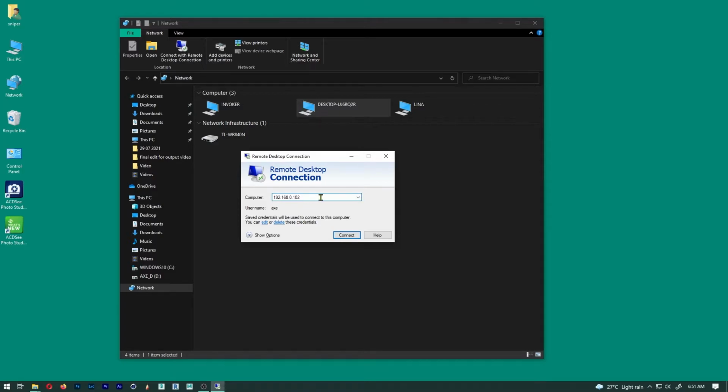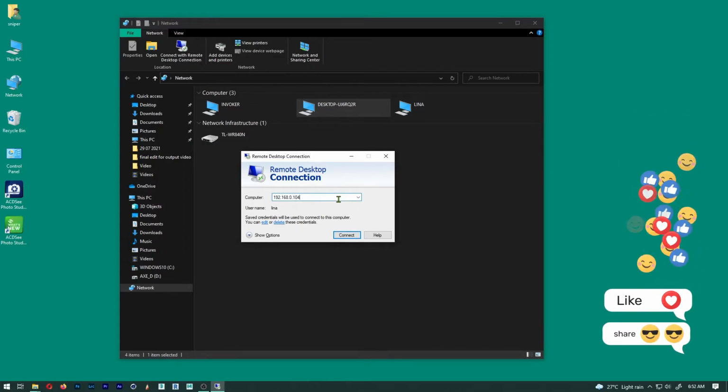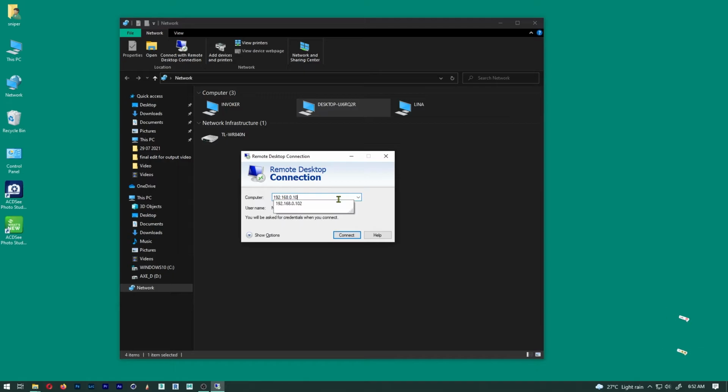So the IP address for the computer that I want to be connecting is 192.168.0.102, and the name is X. Username is X. By the way, it is showing me this name because I did connect it previously. So for this tutorial's sake, I am going to do 103, 104, okay, 104,